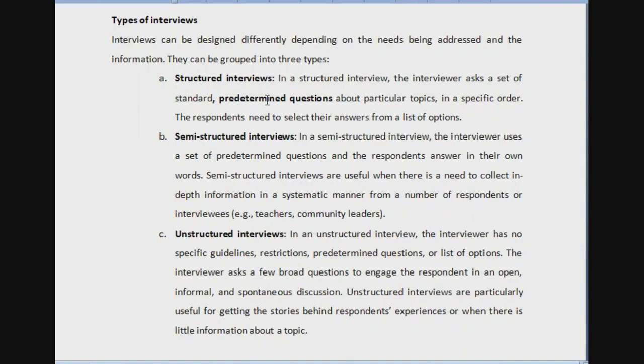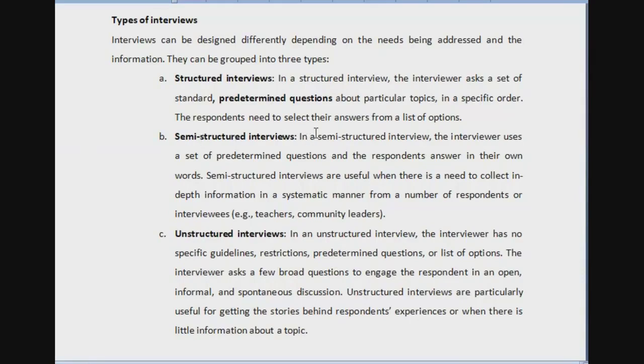What is structured? Basically I have designed it. I have designed what all to be asked and how it is to be asked. Accordingly, I will ask those questions. So that is structured interview, where I have designed the entire thing. Accordingly, I will go to you, ask those questions, and gather the information. Is it clear? Structured interview? From the name itself, it's clear. Structured, as if there will be a structure that I will prepare, and I will go with it.